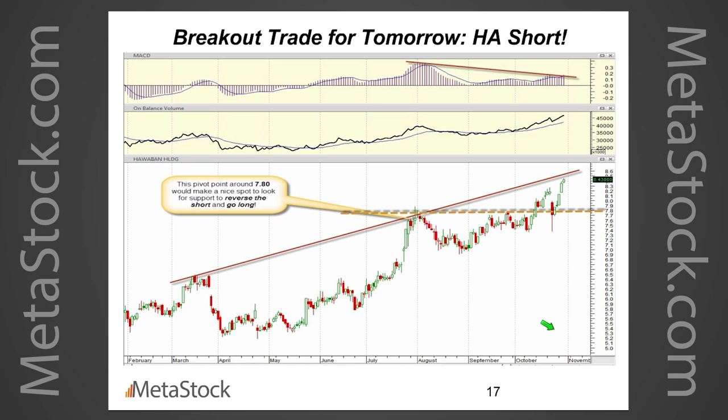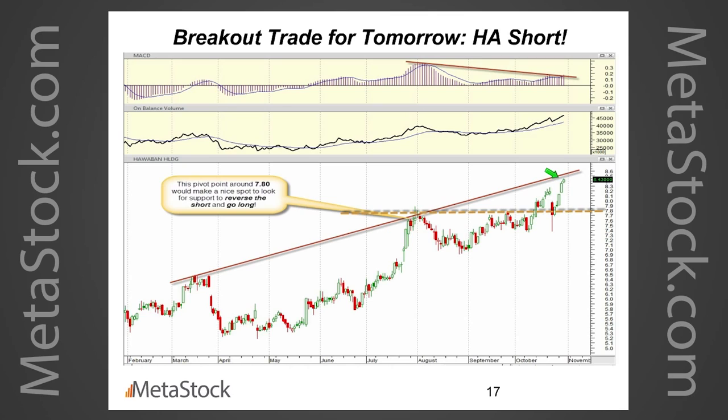Their margins are getting squeezed. They're down to under 2% margin rate, and so I just don't see this trend continuing that much further. Moreover, we have a new high breakout with a new high in OBV. That's the two minimum standards for the blue sky breakout, but it's right up against this resistance trend line, which